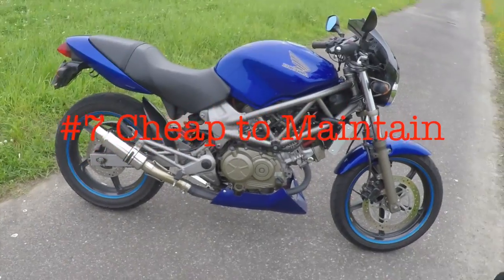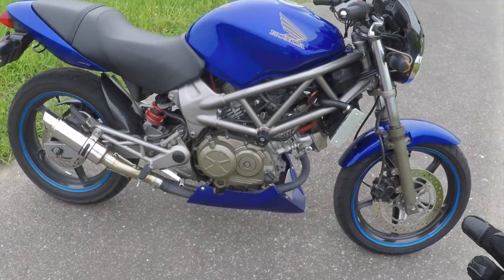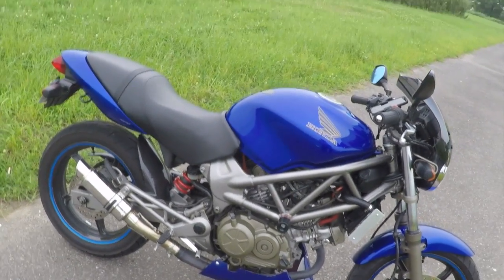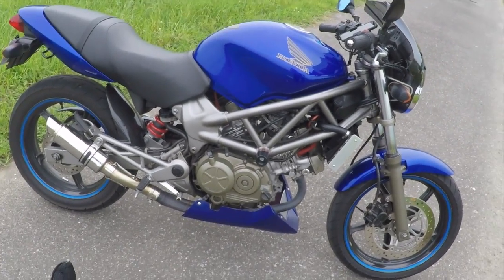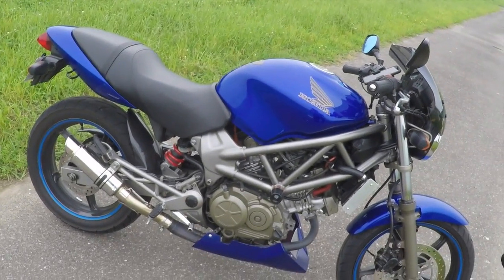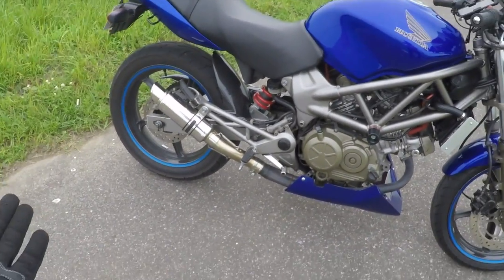Maintenance is also really cheap on this. For example, when you change the oil, just changing the oil takes 1.9 liters. The next time you change it with the filter, it takes 2.1. So one of those 4-liter cans will last you 2 oil changes. And that's pretty easy to get. The tires are really